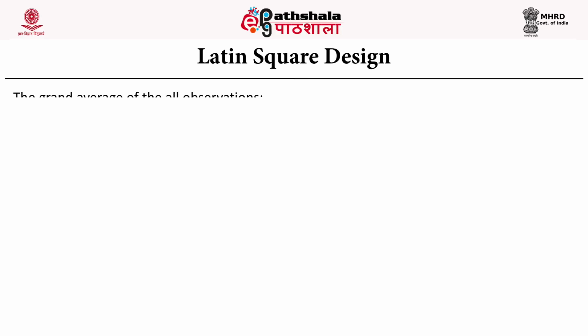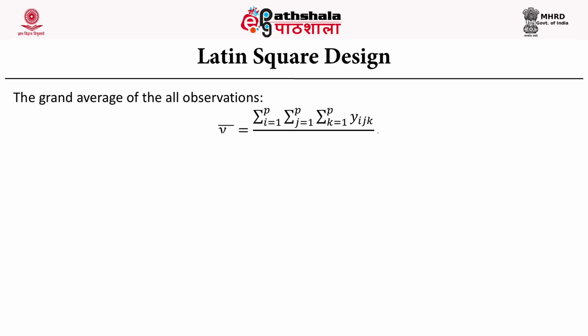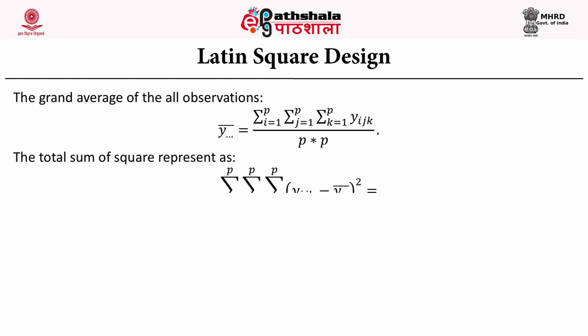The grand average of all the observations is y triple dot bar, which is equal to the summation of yijk, where i varies from 1 to p, j varies from 1 to p and k varies from 1 to p, divided by p square. The total sum of squares is represented as the triple summation over ijk of (yijk minus y triple dot bar) whole square,